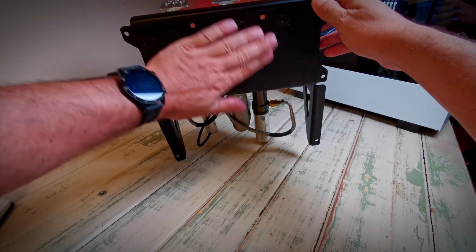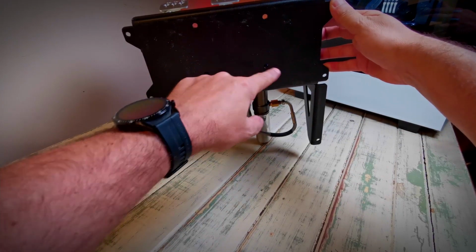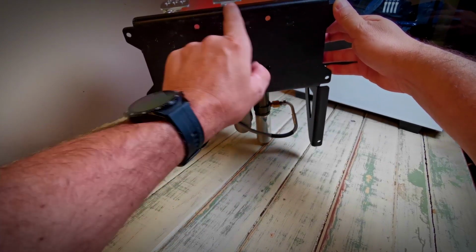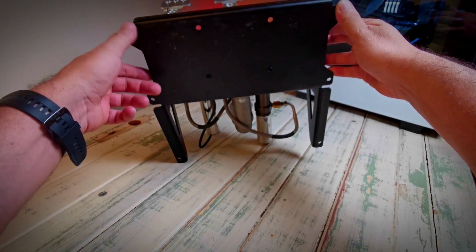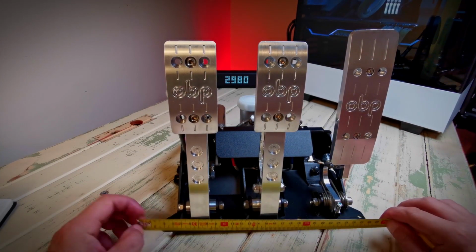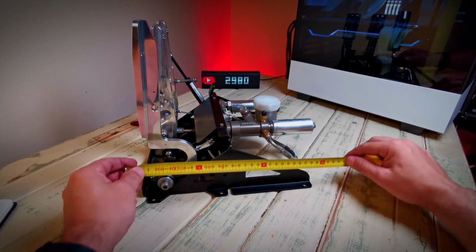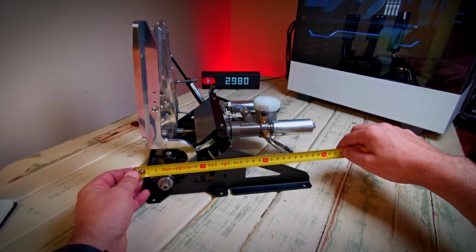On the base plate, it's a bit dirty from my dirty old table. I've been sliding it around. So we've got sort of 8 mounting holes, 10 mounting points in total. I say it's going to be really solid. So you've got 4 alone just to keep the brake pedal down on the ground, 2 for the outers, and then 2 for the backs as well. So they're measuring around about 290 mil wide, and they are 275 in length total, but that master cylinder does stick out a little bit further, so I say it's probably around about